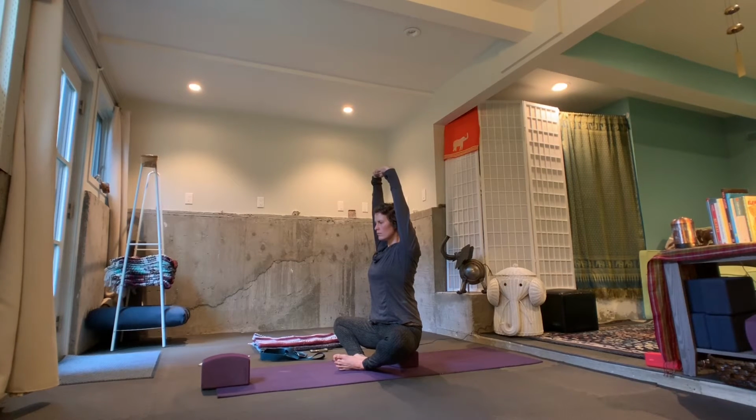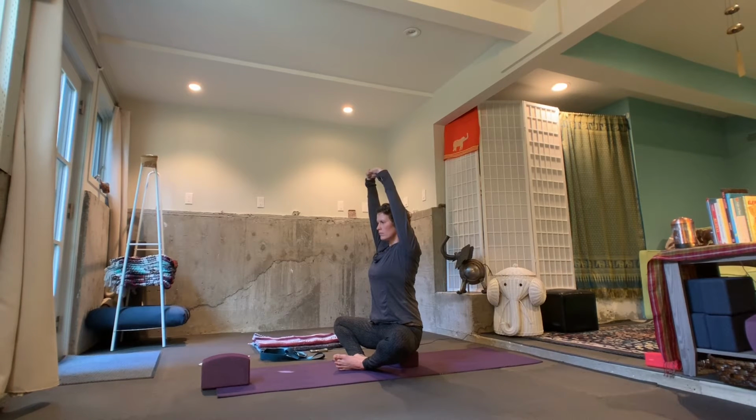keeping a tight corset around the front of your ribs, keeping your chin level, palms up towards the sky, but your arms don't need to be straight up. Only go as far as you can keep the integrity of all of the other pieces. My arms aren't all the way up, as you can see. On each inhale, lengthening and pressing the palms up and towards the sky. Exhaling, pushing into the soles of the feet,